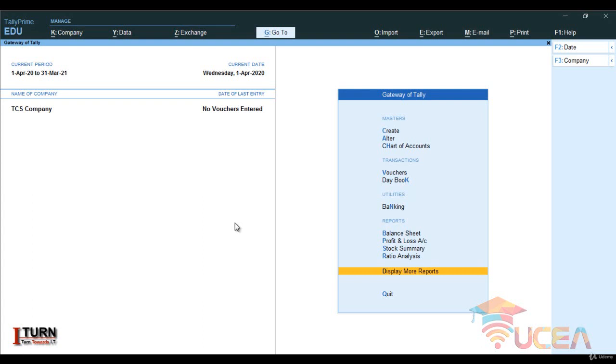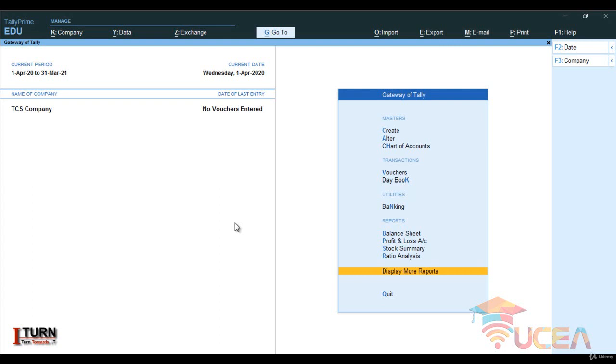Now it needs to be collected when the turnover of the company is more than 10 crore. So in the sales voucher we need to collect the TCS. Normally the TCS rate is between 0.75% to 1%, and this percentage of TCS amount is going to be levied on the gross amount, means it's going to be levied on the CGST and SGST component as well. Now how to activate this feature?